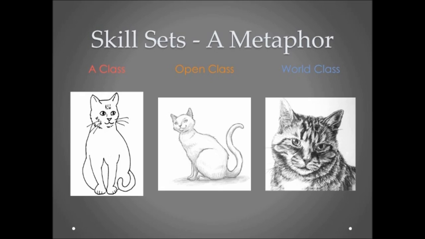What I hope to illustrate for you right now, though, is that even with this simple little metaphor right here, you can see the need for three different classifications and how we can take basically anything, even including the simple assignment of draw a cat, and break it up into these different ability levels and see very clearly that we need different kinds of information going to all of these developing art students so they can continue to grow and maximize their own individual potential.